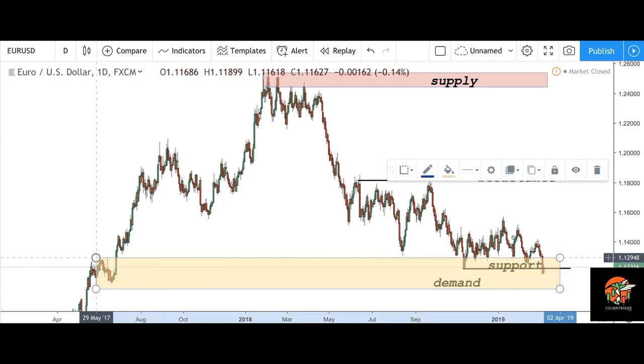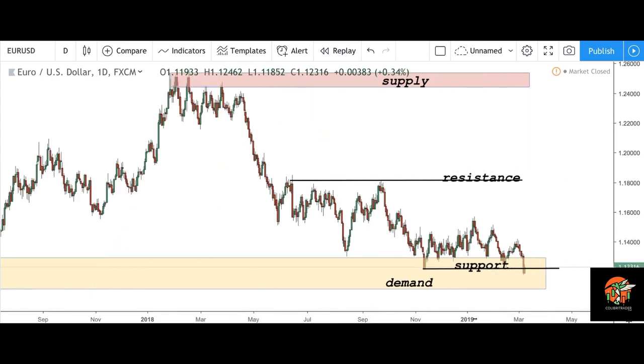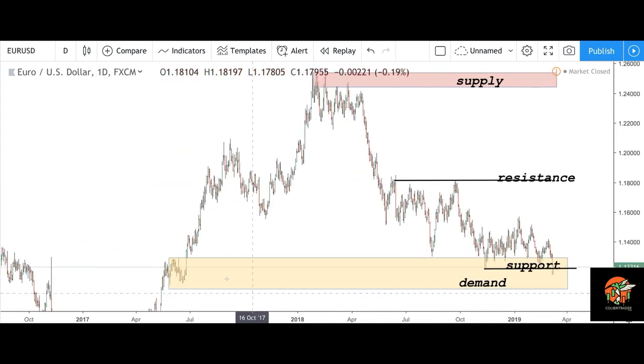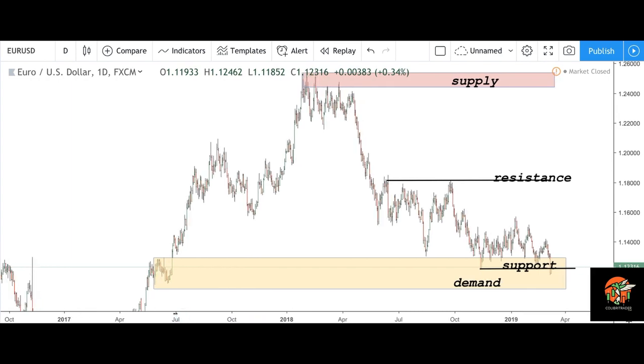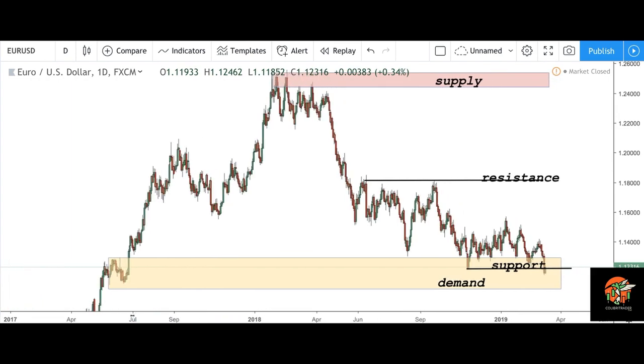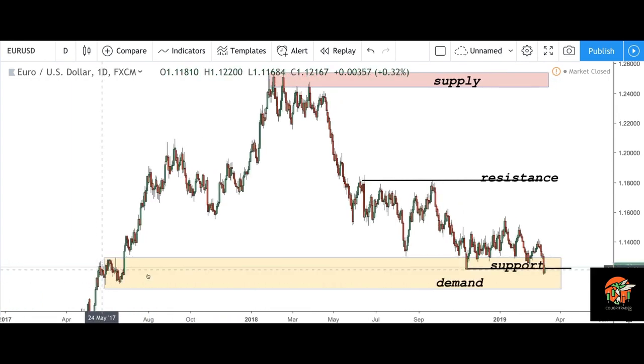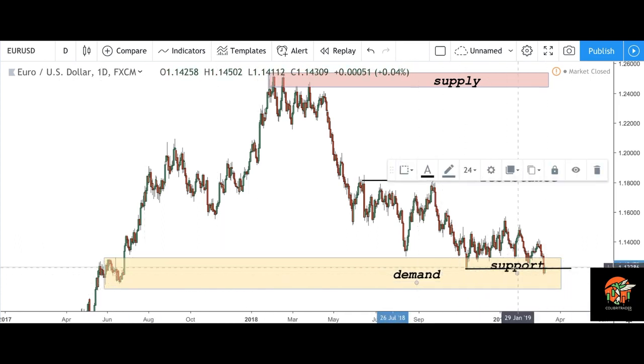If you increase this demand zone slightly to the upside and you engulf the whole price action in the middle of April here,